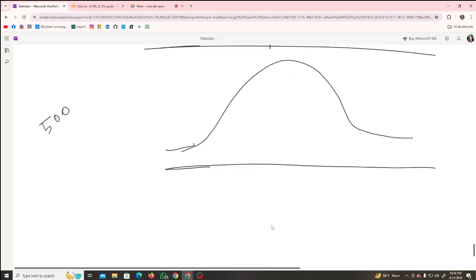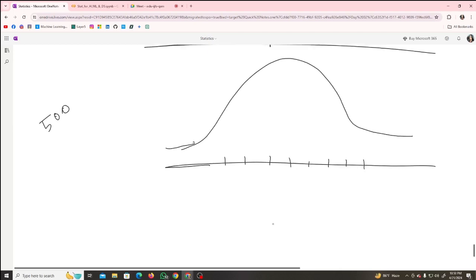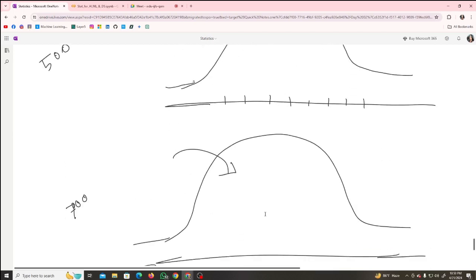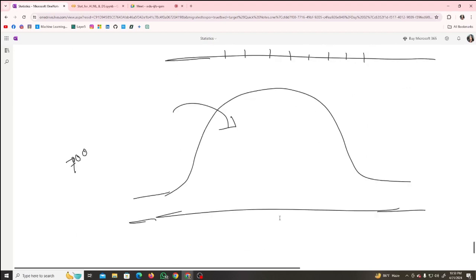And by 500, we can understand that the data are very well spread. With a larger variance, this gives you an idea that your data is very well spread and not concentrated only around the